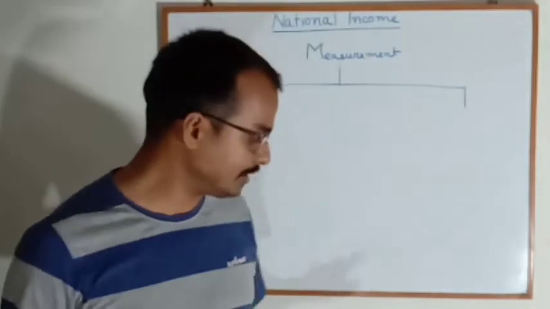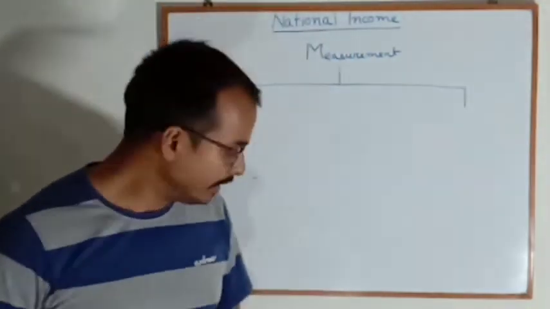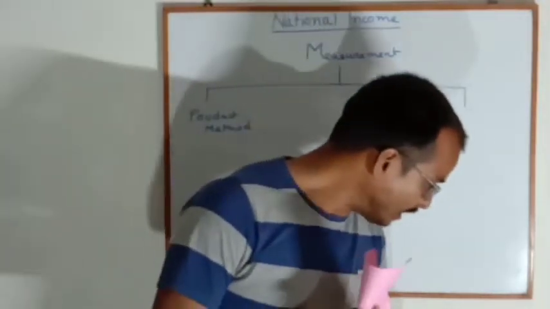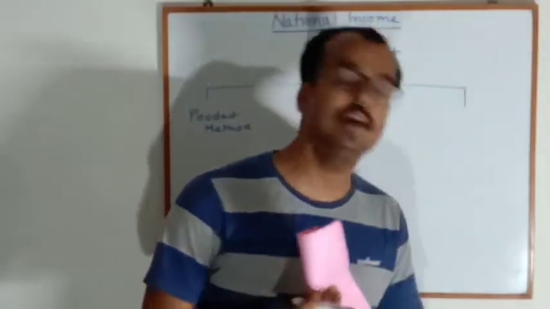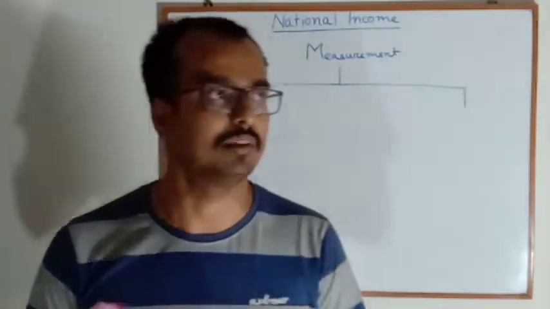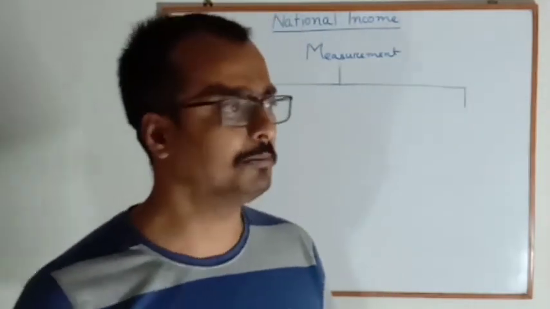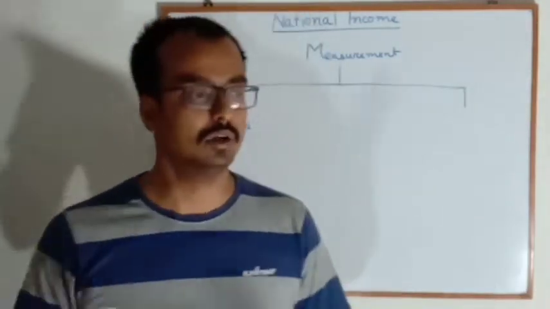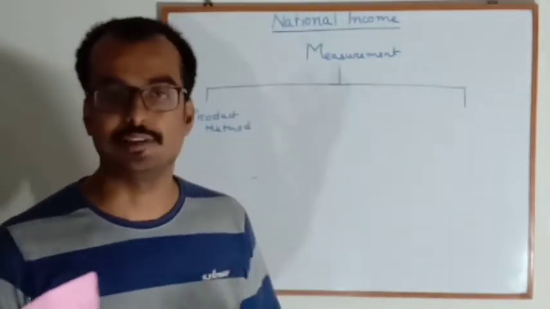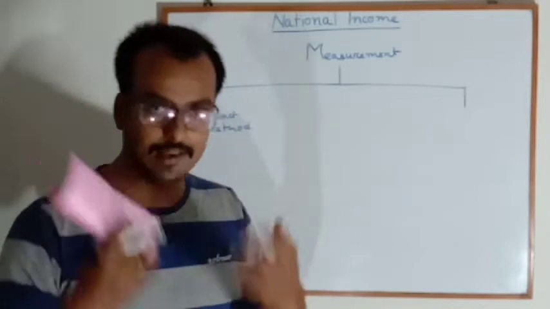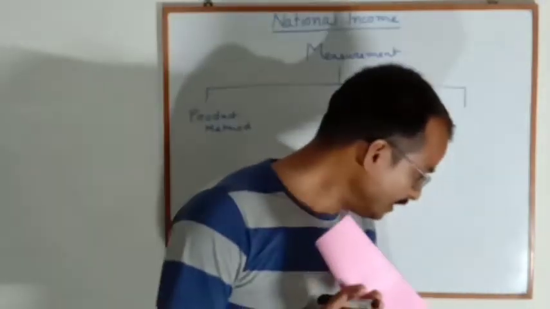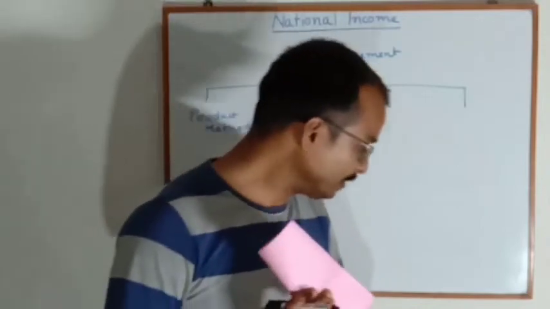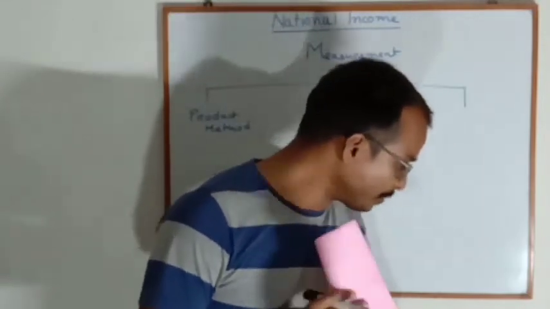Imputed rent, you know what imputed rent is? Imputed rent should be included, as own factors' earnings. Then illegal income should not be included. Illegal, like bribes and all those things, should not be included. These are not accounted for. There is no tally, no record of all these things, so they will not be included. Windfall gains like winning a lottery will not be included. Corporate tax will be included, I have already said.